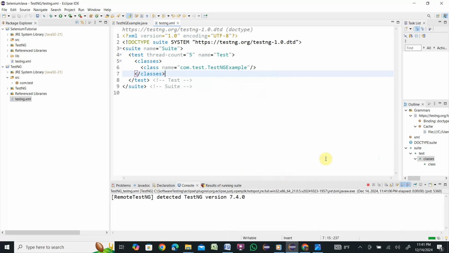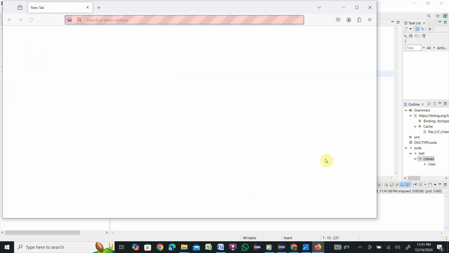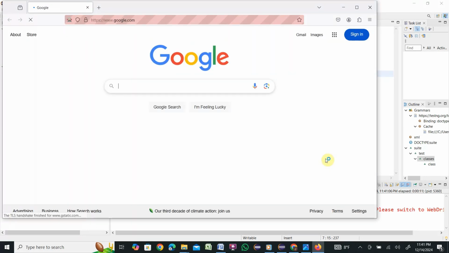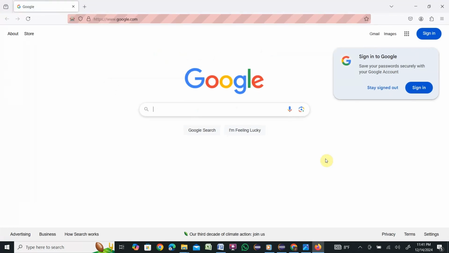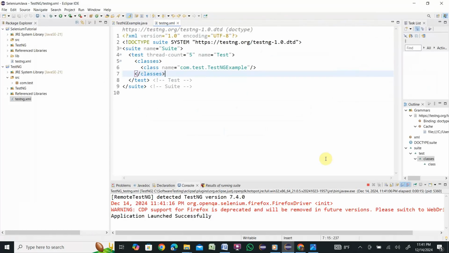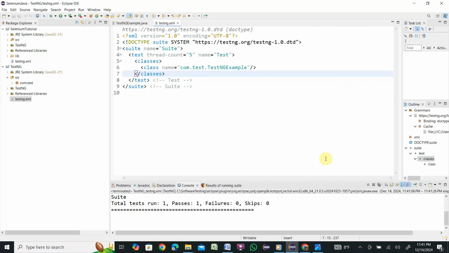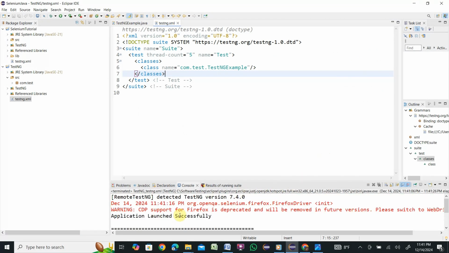Click over here. Let's see if it works or not. So it is running. It will open the Firefox browser, navigate to google.com, maximize the browser, wait 2 seconds, then close. Exactly it happens. It maximizes the browser, then it closes. And also if we see the console message, the test passes, and whatever was expected is